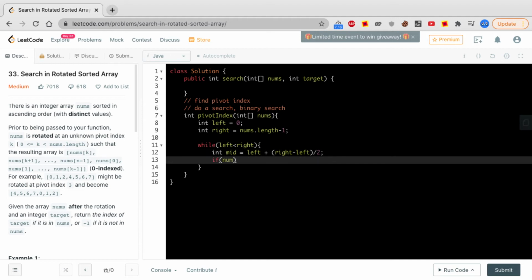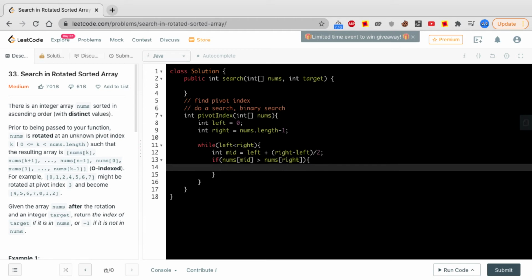We will be checking if nums of mid is greater than nums of right. If we are at a number that is greater than the last number in the array, it means we are already in the rotation. We can shift to the left side or the right side. In this case, we will be shifting our start point past the midpoint because we are already at the greater number.